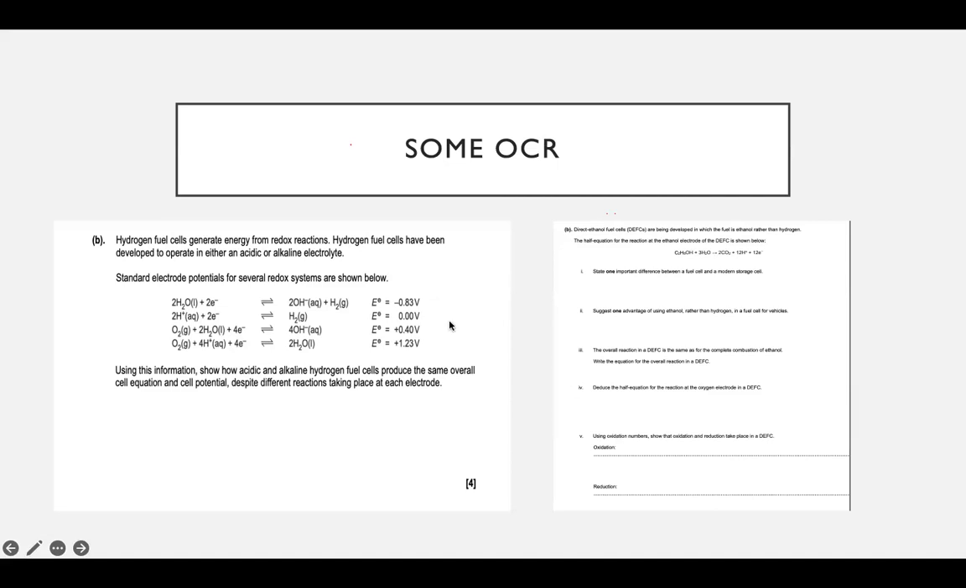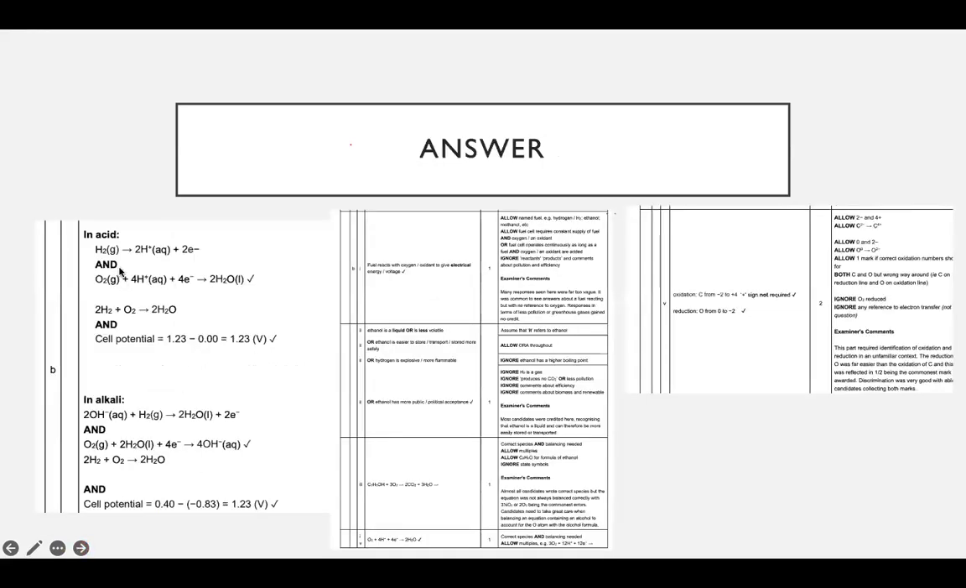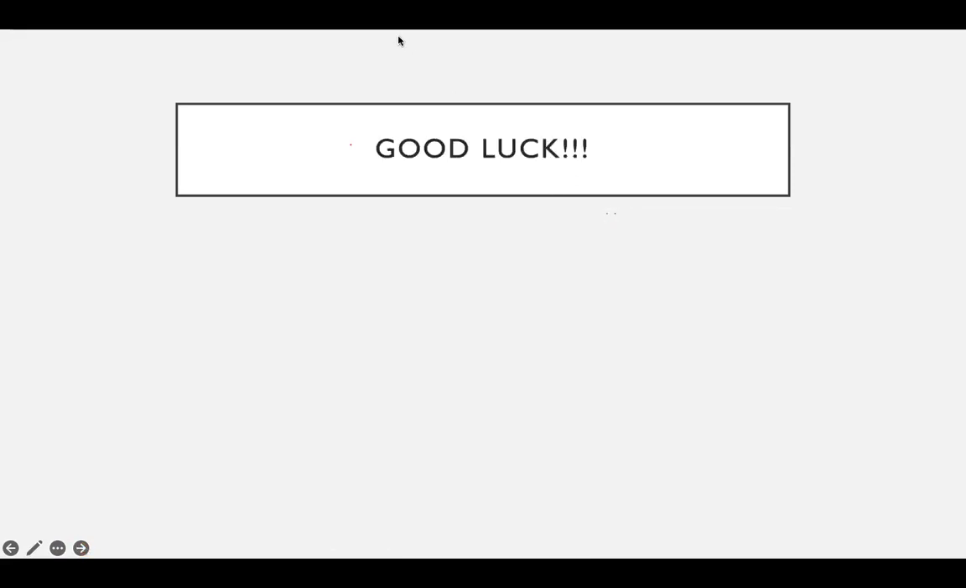AS level redox. Let's look at the mark scheme. So yeah, this is the acidic one, alkaline, and both positive 1.23. Fuel reacts with oxygen in a fuel cell, as I said. Ethanol is a liquid, easier to store. This is the combustion equation. That's the equation there. And then you just use the oxidation states to look at what's oxidized, what's reduced. And that's basically everything. I'm just going to answer a few more questions before